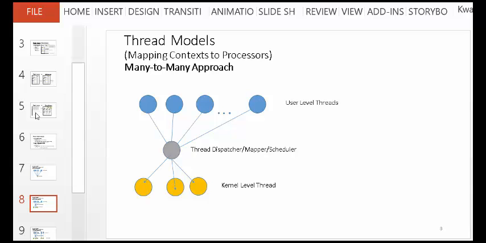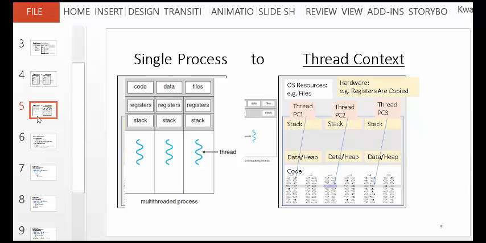And for the swapping, if you look at your process, you have some resources, you have a stack, you have some data and some code. If you are swapping and the threads are within the same space, that means within this program, from thread 1 to thread 2, the only thing I need to swap is to tell you, okay, you don't need to run this code anymore, move to the code for the second one. And that's your stack, that's your heap. So swapping from one thread to another is relatively very lightweight compared to swapping a process.